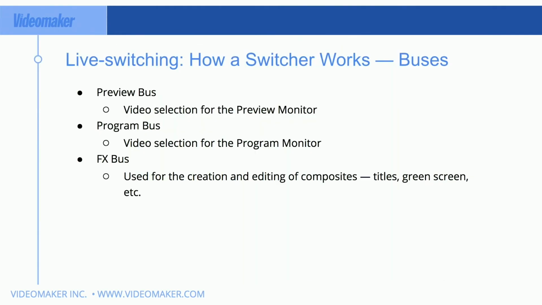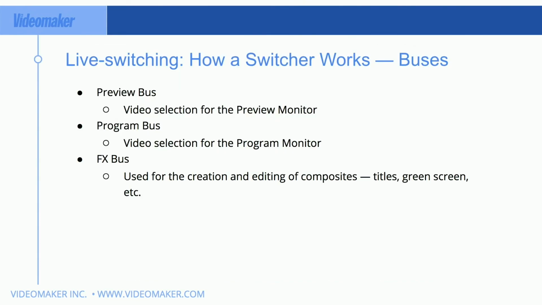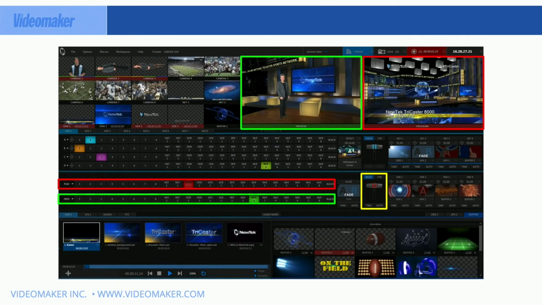Live switching, how a switcher works. So preview bus, which is the video selected for the preview monitor. Program bus, which is the video selection for the program monitor. And the FX bus, which is used for creation of edited compositions or composites like titles, green screens, and other types of overlays. So you look here, you have your preview, your program, and then we have our FX bus, which is down here in the red and green,